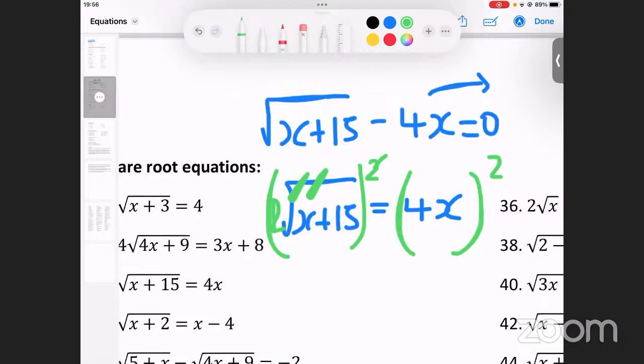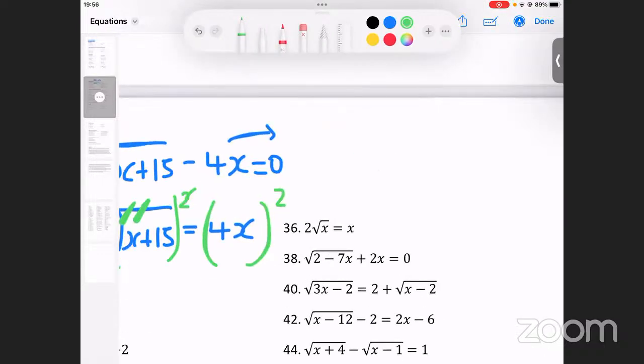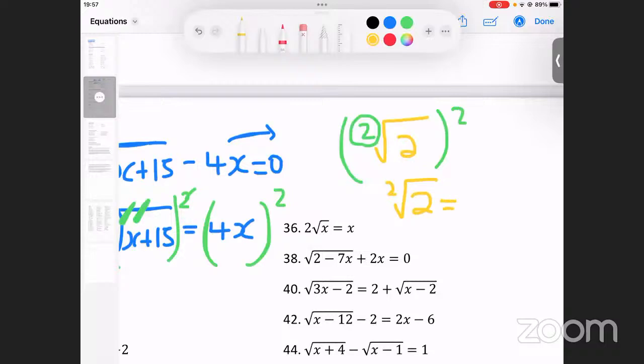Something that you might be interested to know, I'm just not so sure if I've explained this. Just know that square root, for example, of 2, there is an invisible 2 there. So the reason why we remove a square root by 2, it's because we are trying to cancel this 2. So that means if something is square root of 2, just know there is an invisible 2 there. This thing can be written differently.